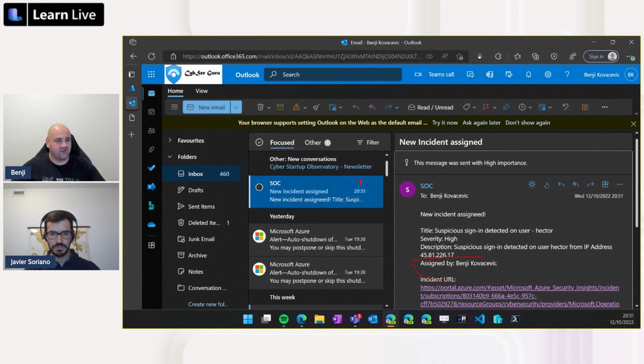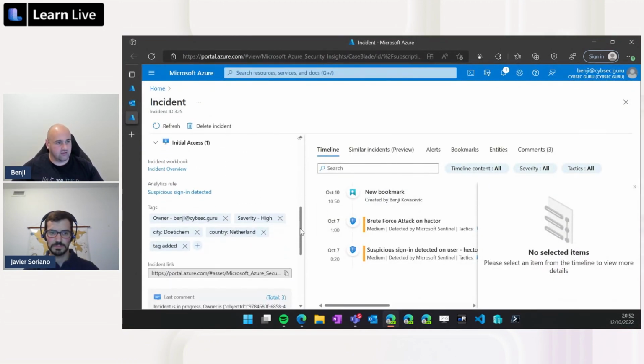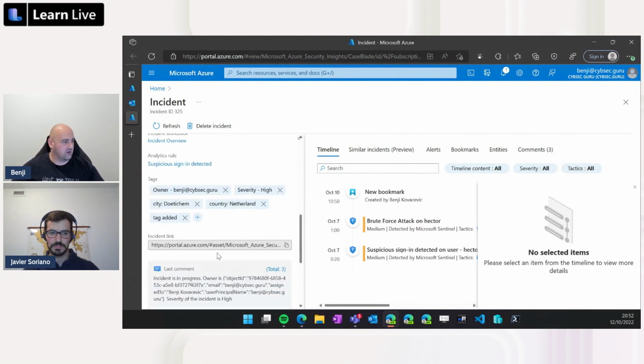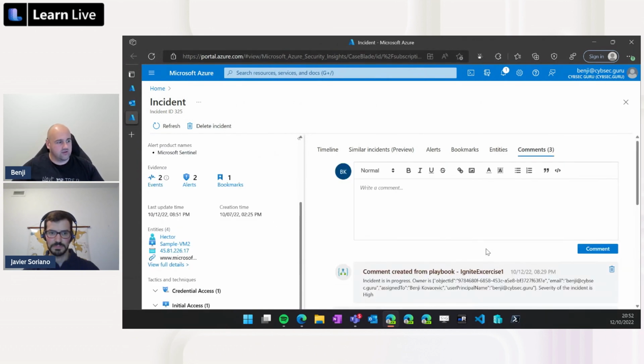Since I did it to myself, I can scream at myself if I don't like it. But this is all the information that we can actually get in. So we added the severity, and we can see that we pick up the high, the title, the description. So everything is here, and we can now go and work on it. We will see everything that we already did, including the tags from our previous exercise, the comments from our previous exercise, and other comments that I have.